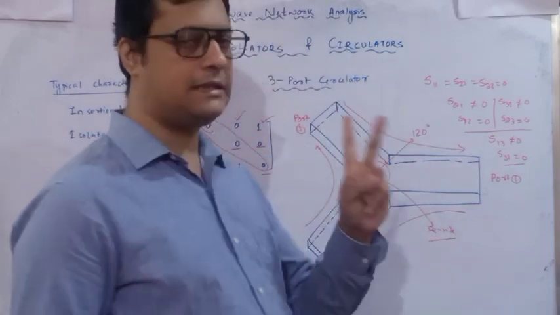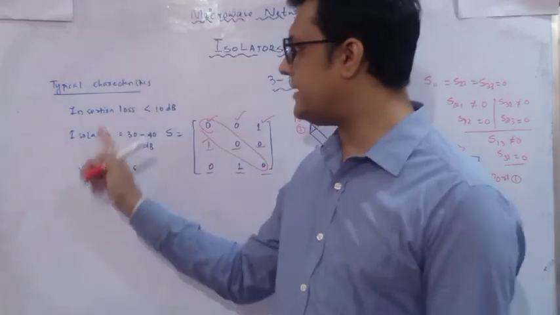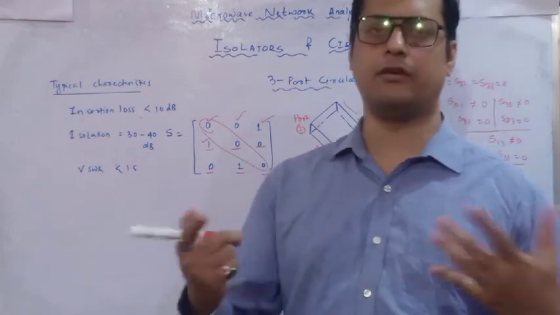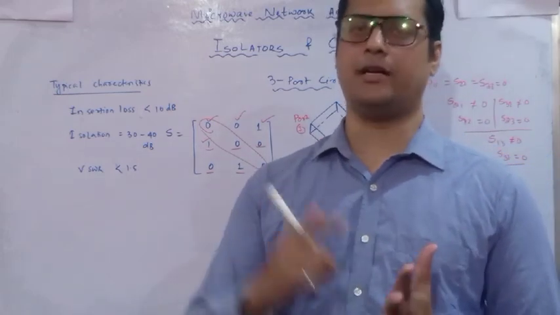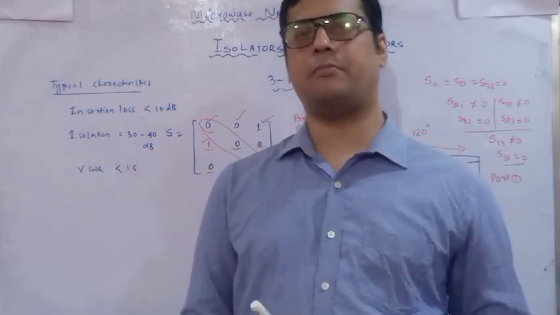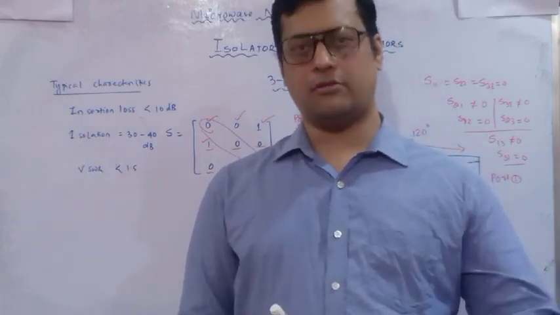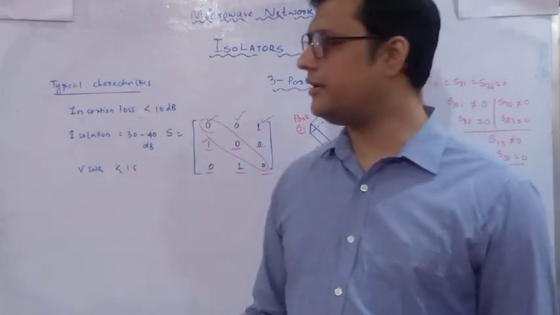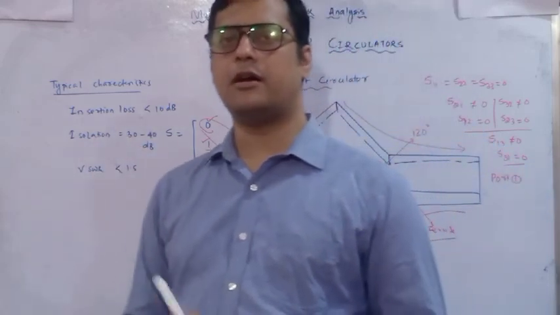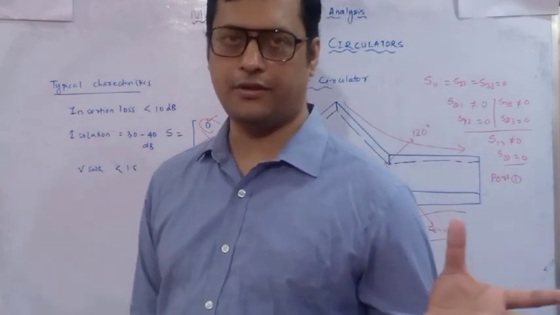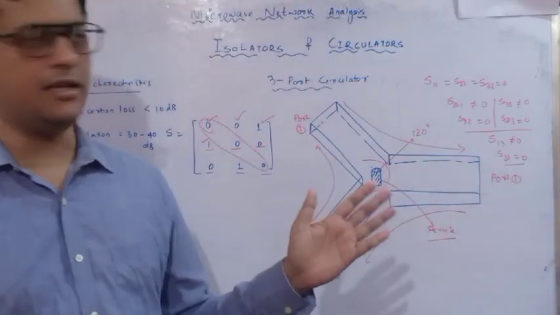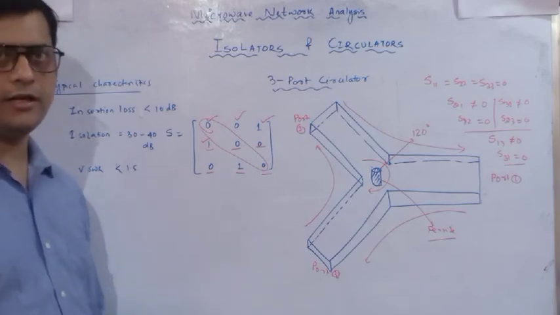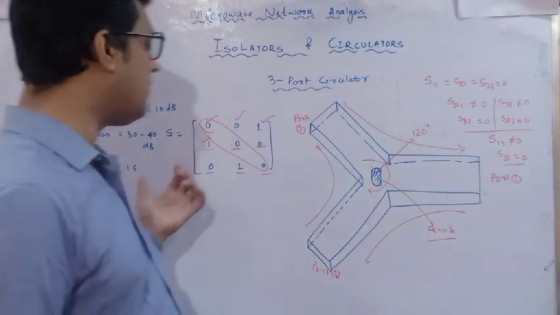One, what is the isolation factor? Second, as I have written, what is the insertion loss? Insertion loss means incident power, where it is going to happen. If I am providing the power at port 1, alternate power at port 2, insertion loss can be identified. Even the isolation factor is also identified. So insertion loss must be less than 10 dB, isolation factor must lie between 30 to 40 dB, and your reflection coefficient with respect to VSWR must be less than 1.5. So you can identify easily what our reflection coefficient will be. It must not increase from that. So VSWR must be 1.5.